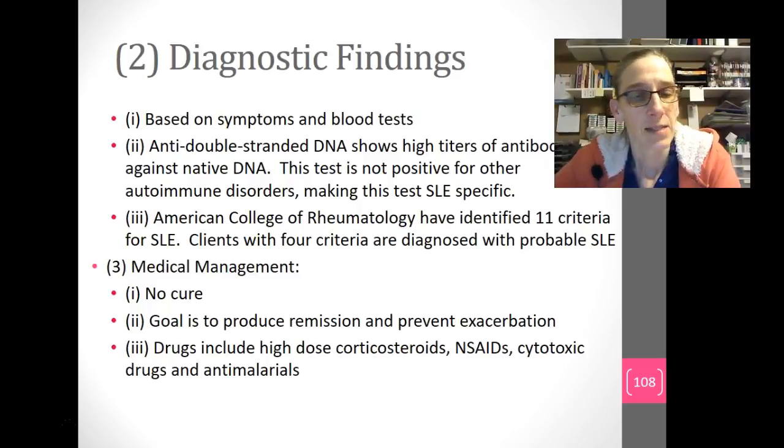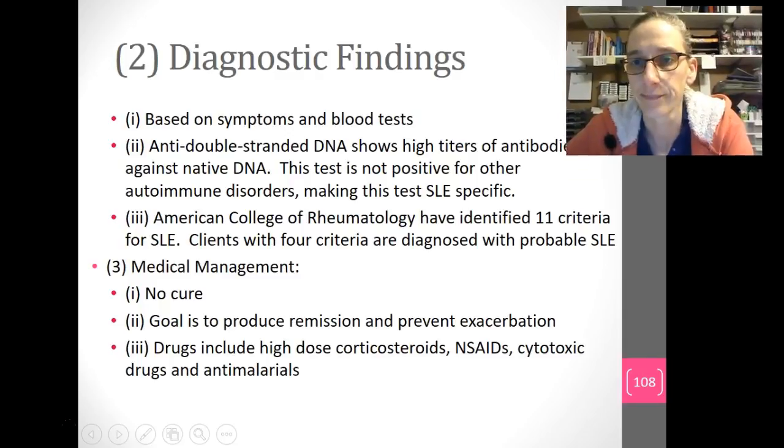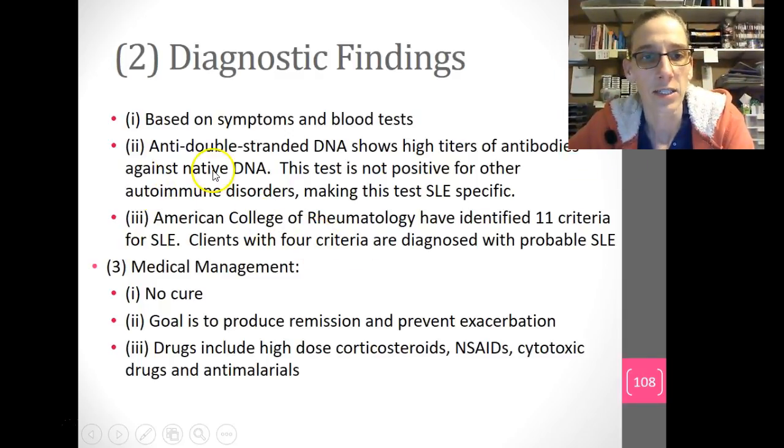Diagnostic findings are based on symptoms and blood tests. The test that they will do is called an anti-double-stranded DNA that shows high titers of antibodies against native DNA. This test is not positive for any other autoimmune disorder, making this test SLE specific. So that's